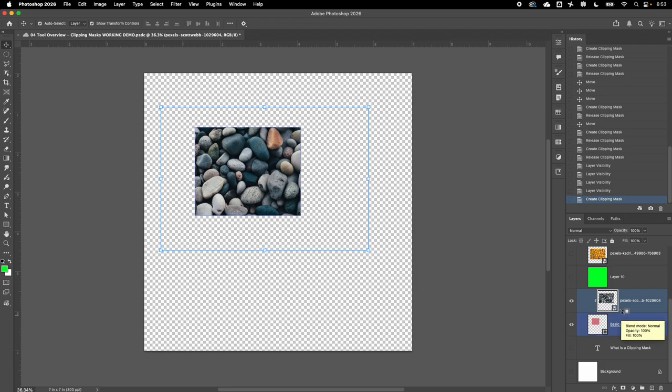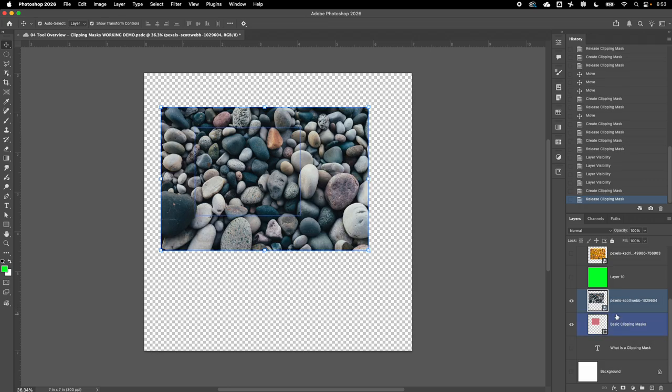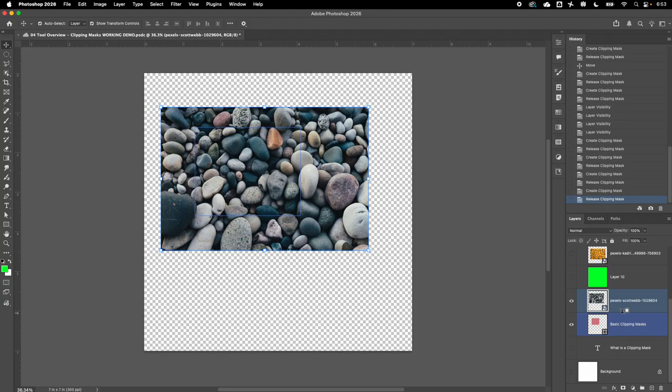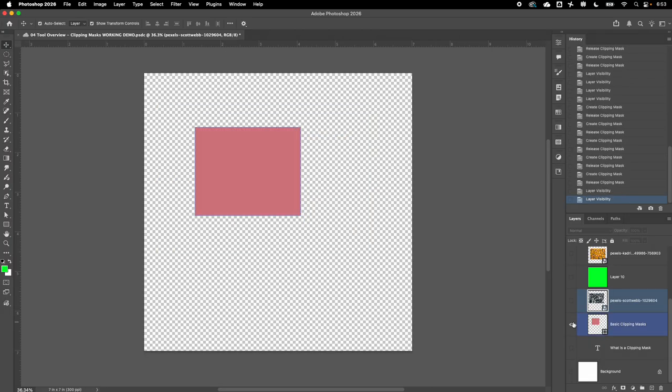Now another way to do that is just hovering right between the two layers. When you hold down Alt or Option on your keyboard, you'll see this little bent arrow appear, and when you click, that creates a clipping mask. Same way, if you hold down Alt or Option, you can release the clipping mask. So very simply done. Now, one thing to keep in mind is this is only going to work if you're